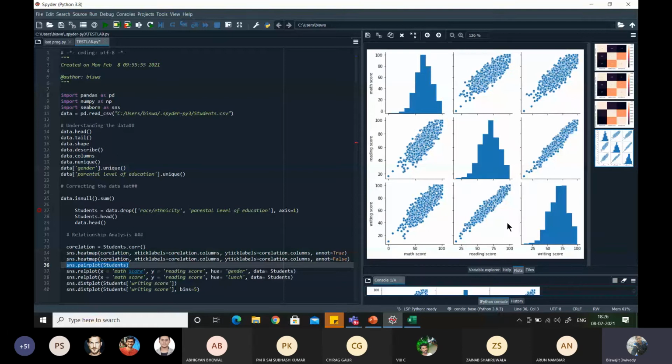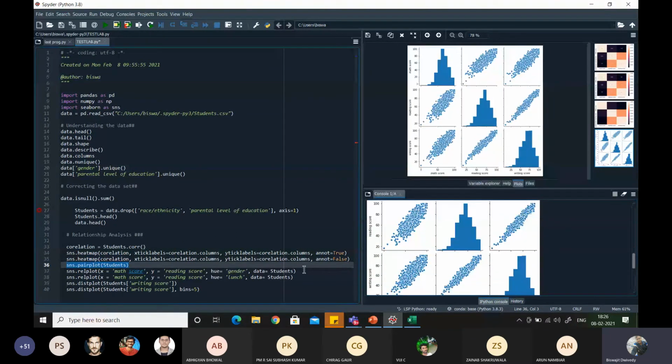So what happens? Three things are there, three entries are there. So that's why you can see three types of plot it has plotted. Whenever it is plotting between two variables, two variables means between two columns, so math score versus writing score, reading score versus writing score, like that it is plotting. Whatever values are there, those are just plotted. So from this also you can get some idea about the data.